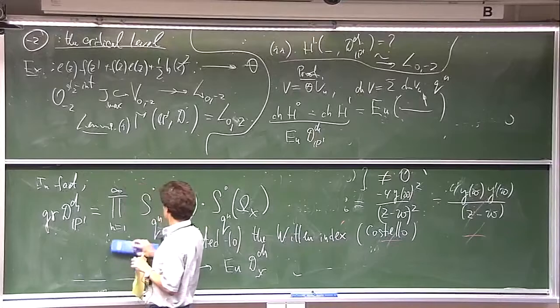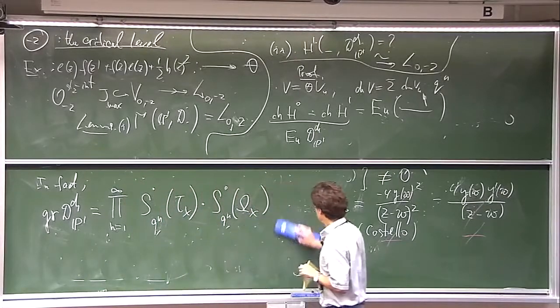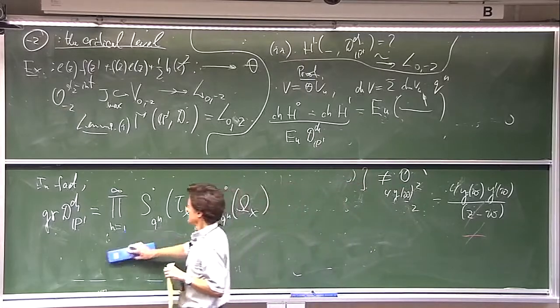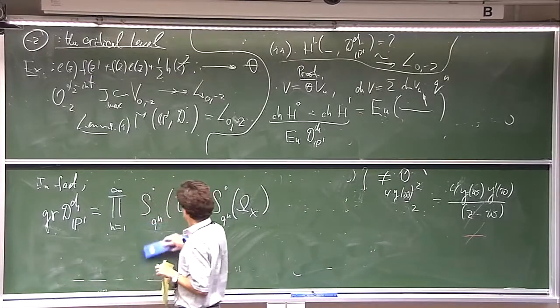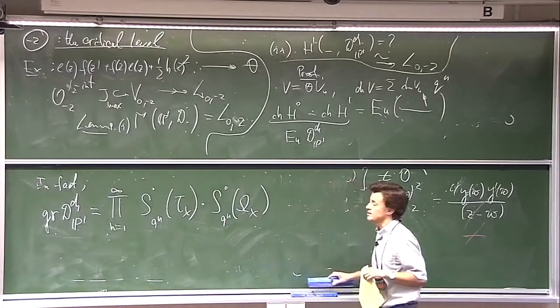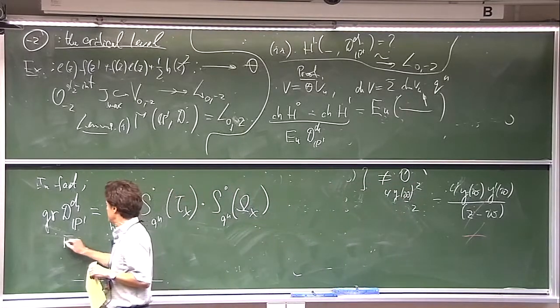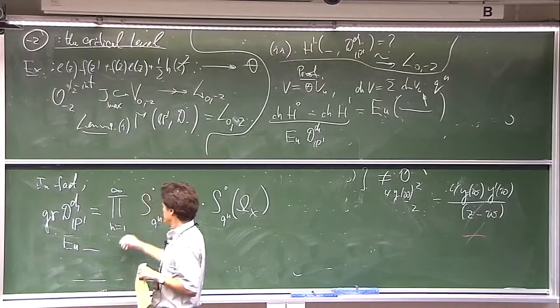It was a very nice combinatorial exercise. So I'm saying that the Euler character of this sheaf is